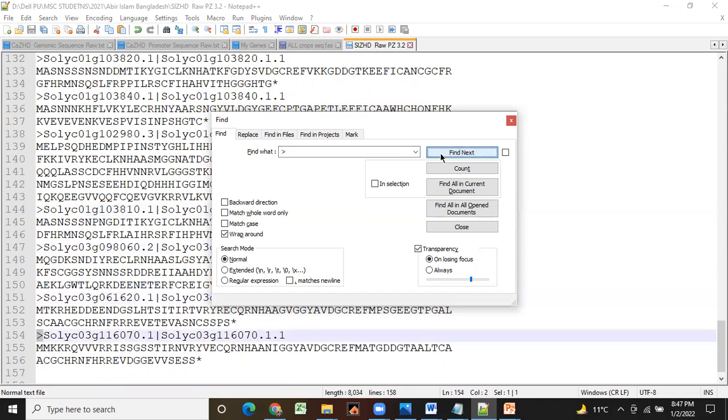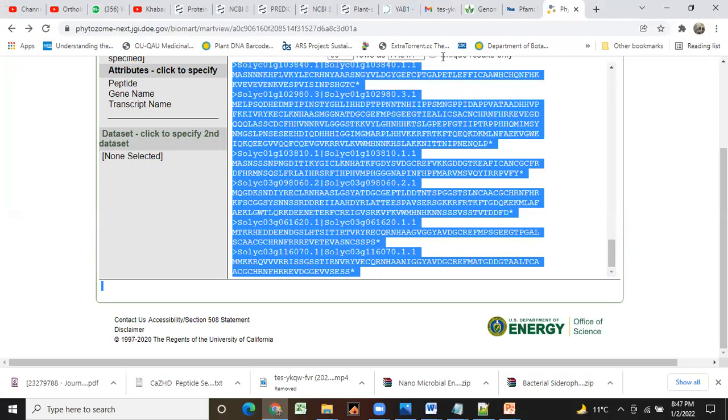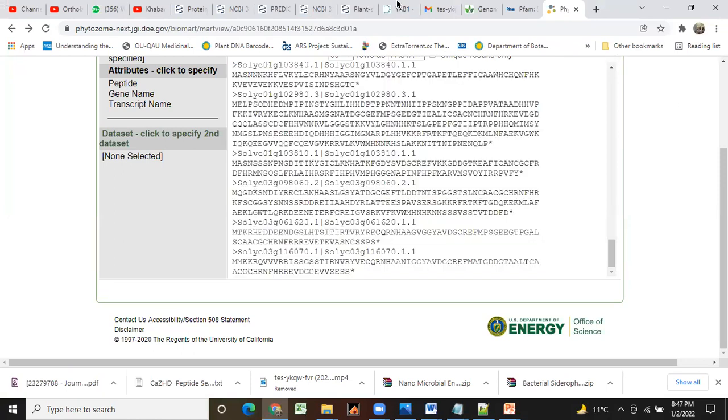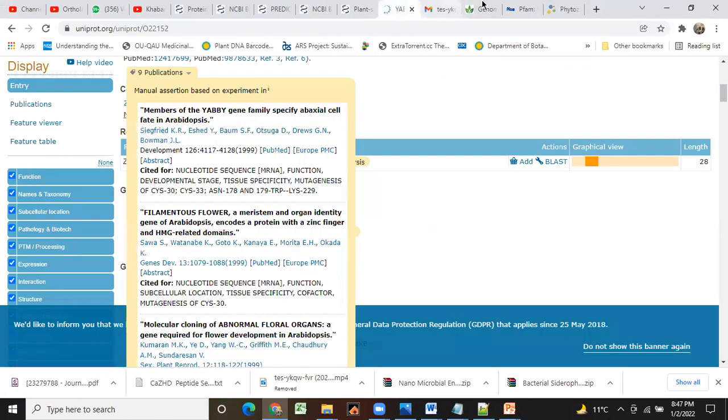Okay. So you will keep only those 26 sequences that are present in the paper, okay? Okay, sir. And then we will make the tree.